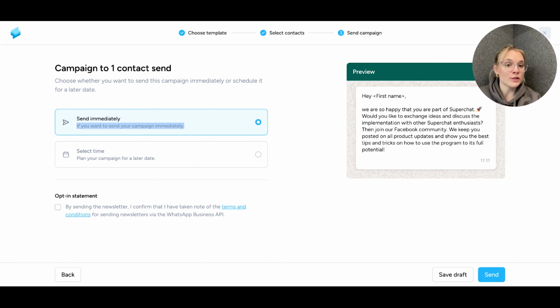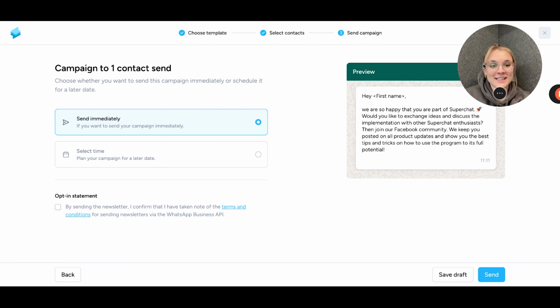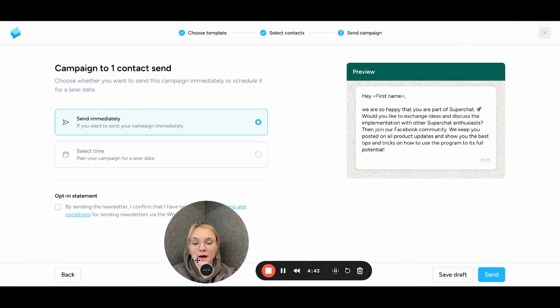And the next step is, of course, now to wait. And once the campaign is sent out, you can click on the campaign again and you can see some KPIs. So you can see which ones failed to send, if people replied, did not reply, read the message, or kept it unread. Those contacts will be listed in there as well. So you can check out how successful your newsletter was and maybe what to improve for the next time. And those are the essential elements that you should know about campaigns.